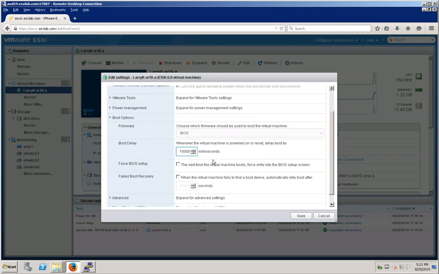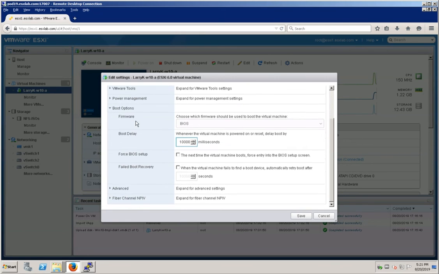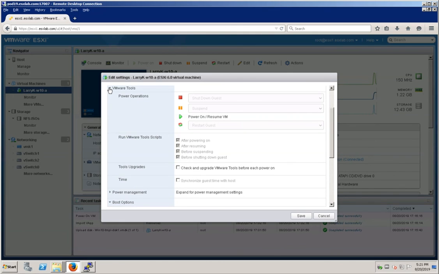Okay? So we want to expand the VMware Tools section. So here's VMware Tools. And we expand it. We can see the basic behavior. This means power off. This means power suspend. This means power on. This means push the reset button in the VM. And one of the things that we can do is we can check this that says, hey, on every reboot of the VM, check to make sure that the latest, greatest version of VMware Tools is installed, and if it isn't,